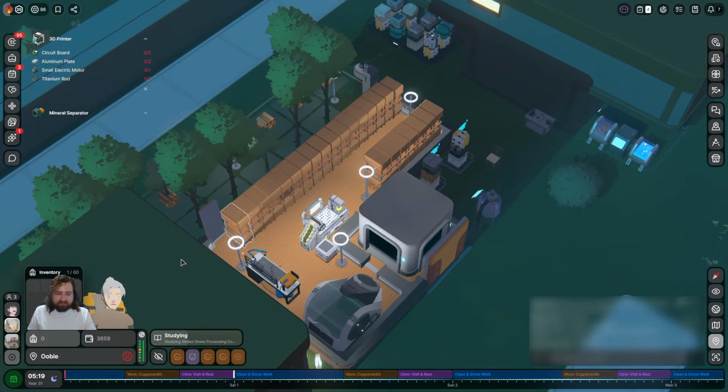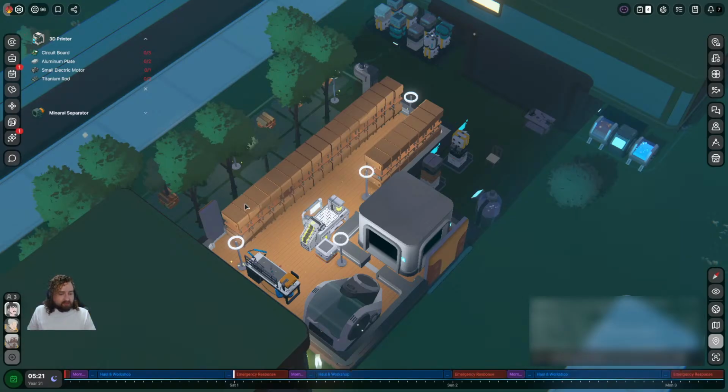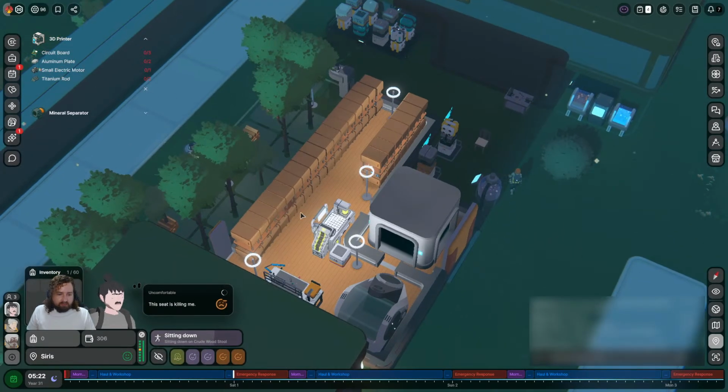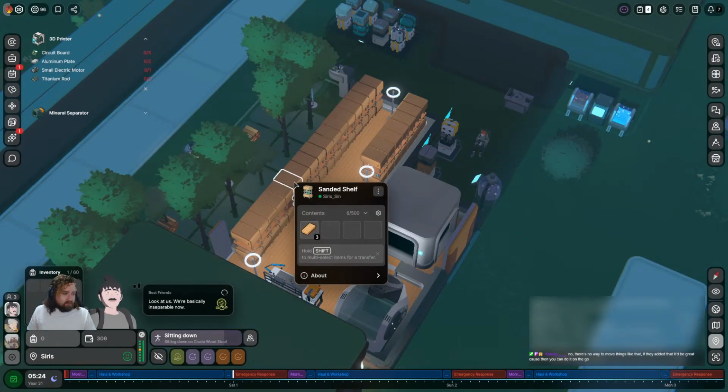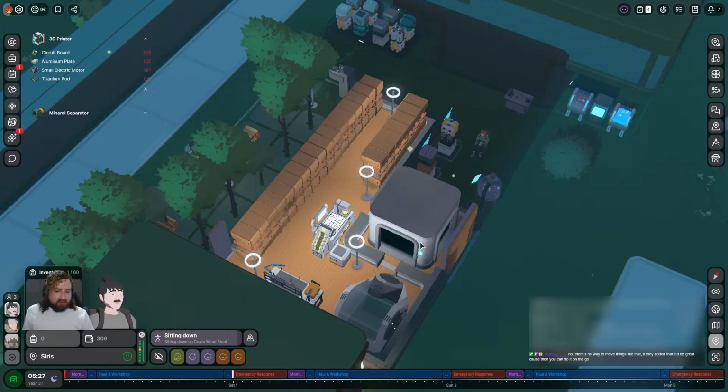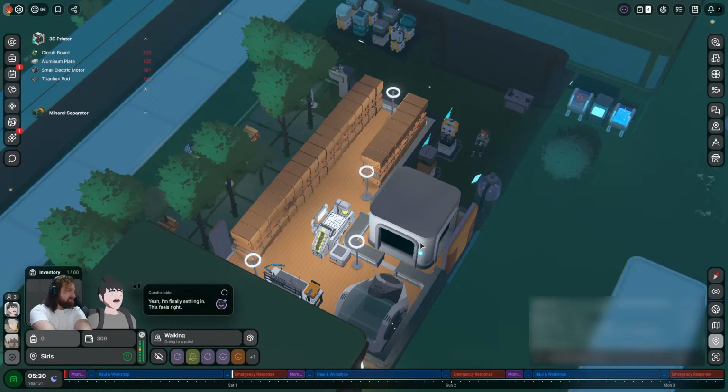I gotta move it with my main. There's no way to move things like that. If they added that, it'd be great, because then you could do it on the go. Well, they'll get there. It's just one thing at a time, right?